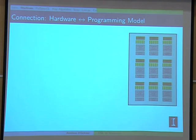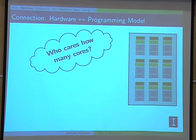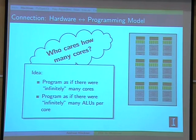Well, concretely, the first thing that we might need to know is, how many cores do we have? The second thing that we might need to know is how many of these vector lanes do we have? But really, those are details that don't quite matter. Predictably, that's the thing that's going to change between hardware generations, how many of those cores there are, how many of these vector lanes there are. So why don't we just make that go away as a detail? And instead pretend that there's infinitely many of those cores, and similarly, that there's infinitely many of those vector lanes,